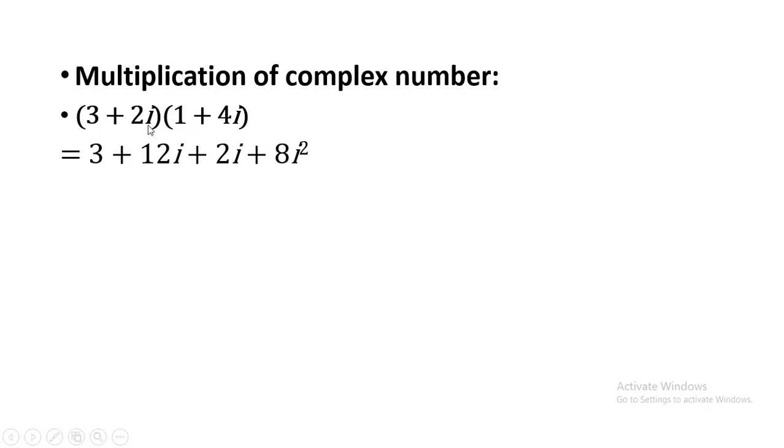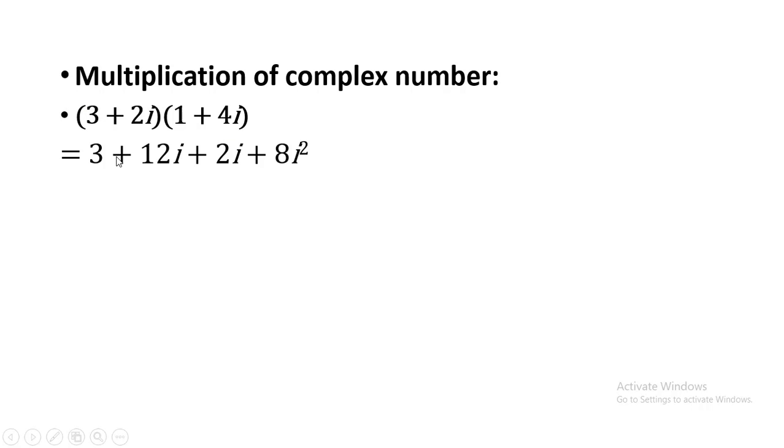Following with the signs, this number will be multiplying with this number, and this second number will be multiplying with the second number of the second complex number, or you can say the imaginary part of the second complex number. So let's get started. 3 into 1 gives you 3, that is 3 ones are 3. The sign out here is positive, so positive, and now we are multiplying with 4 iota,